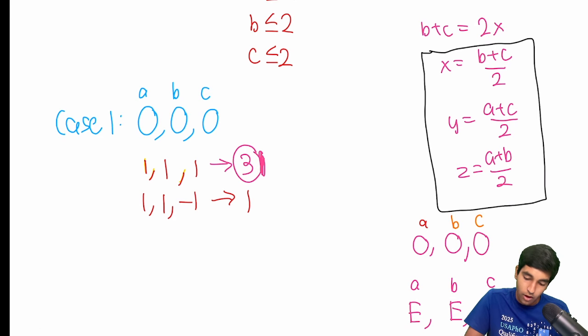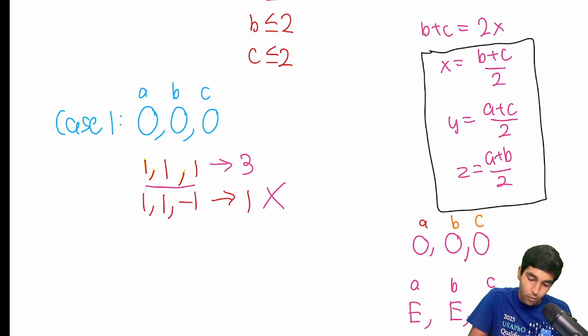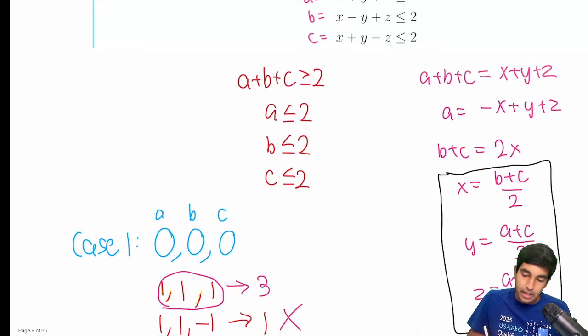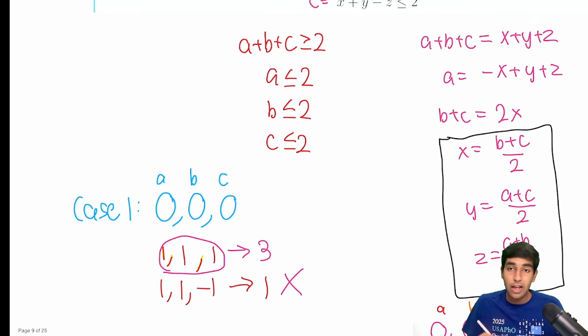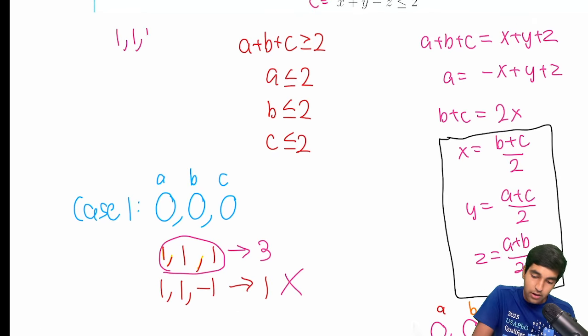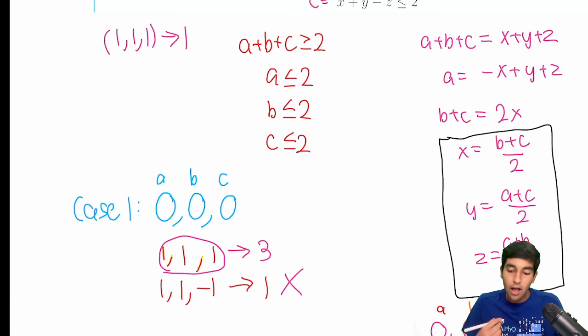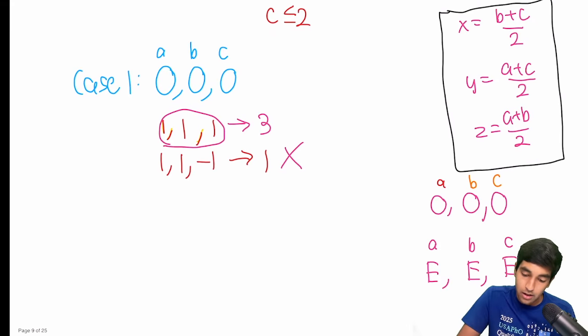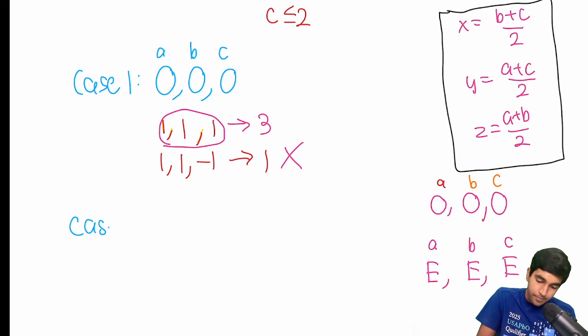So we have 1, 1, 1, right? So A, B, C is 1, 1, 1. There's only one way you can have A, B, and C, only one permutation of this. And as we already saw, this would give us a unique solution for x, y, and z. So we're good here. We got one solution there. Now case 2, this one is a little bit more